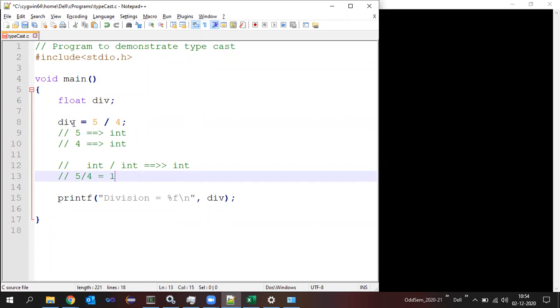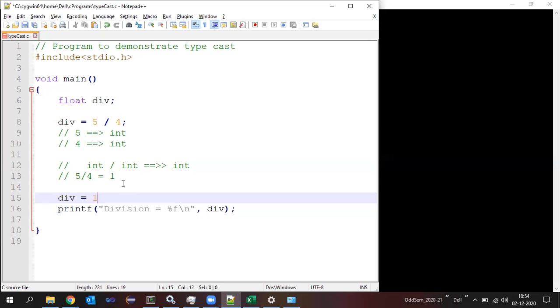Next is what? The assignment operator. So with the assignment operator, what are we trying to perform? We are storing this 1 into the division variable. We know that division is what? Division is a float number. Float number means what? This division, I'm storing what? 1. Since this division is a float number,